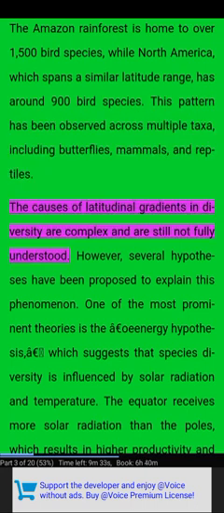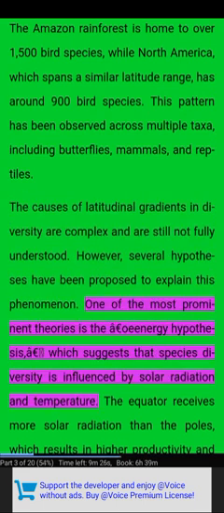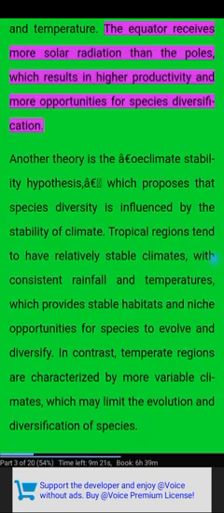The causes of latitudinal gradients in diversity are complex and are still not fully understood. However, several hypotheses have been proposed to explain this phenomenon. One of the most prominent theories is the species-energy hypothesis, which suggests that species diversity is influenced by solar radiation and temperature. The equator receives more solar radiation than the poles, which results in higher productivity and more